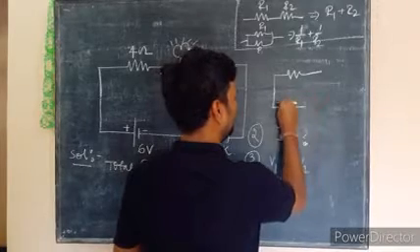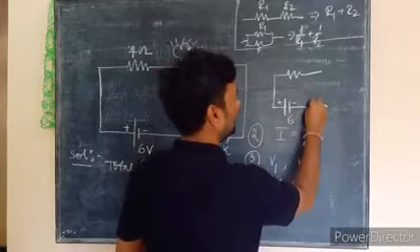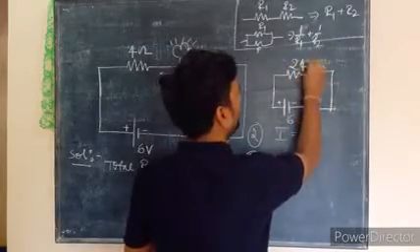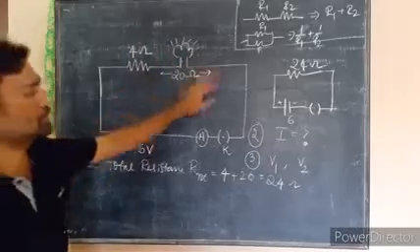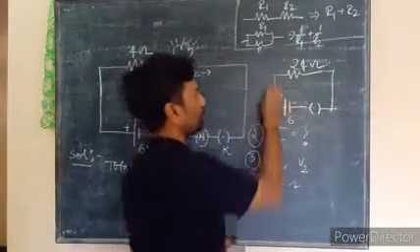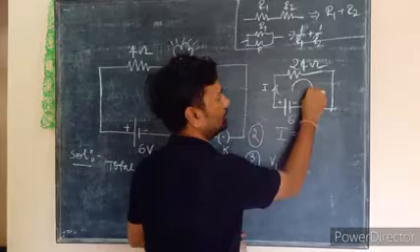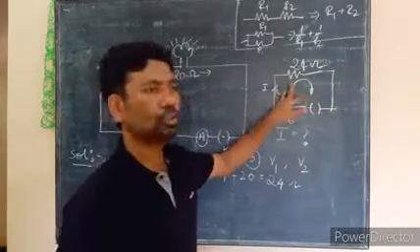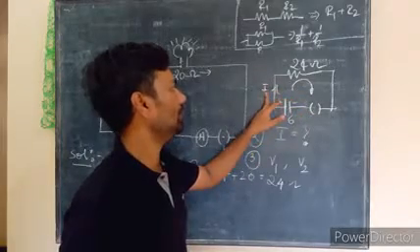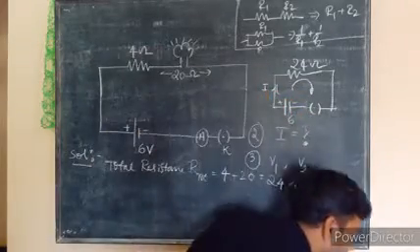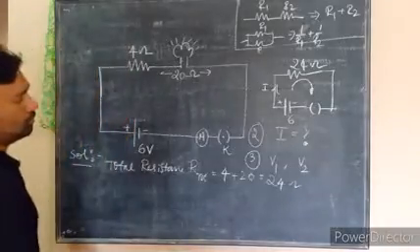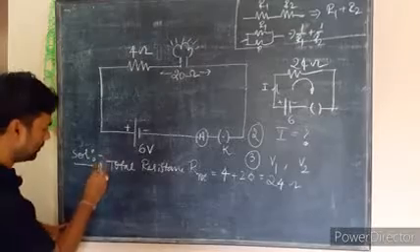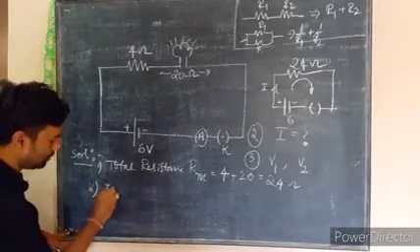Plus minus 6, and this is a switch, an ammeter, anything you can consider. This is 24 ohm, correct? I call it the equivalent resistance. Here you need to find the current flowing in this circuit. For current to flow, it should be a closed path, otherwise we can't find it. The current I, we need to find out.